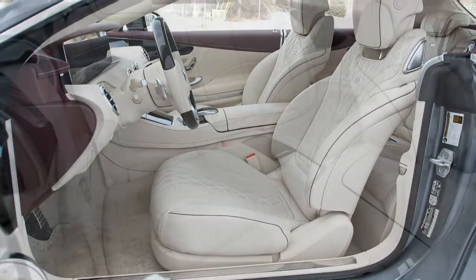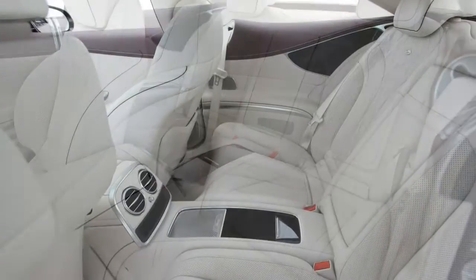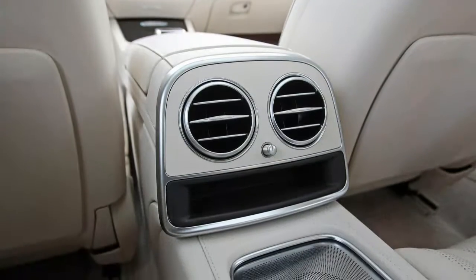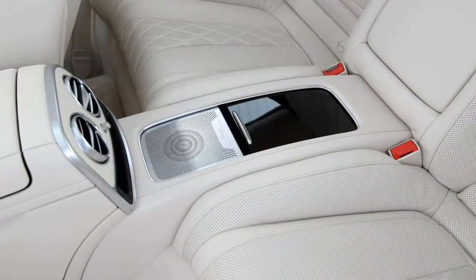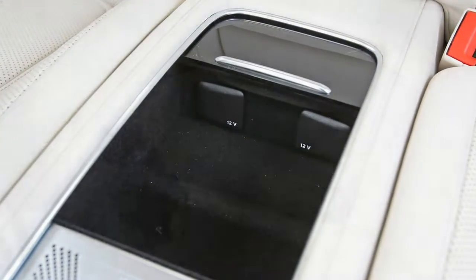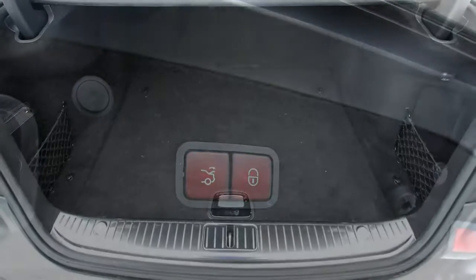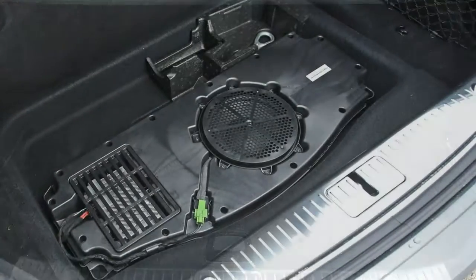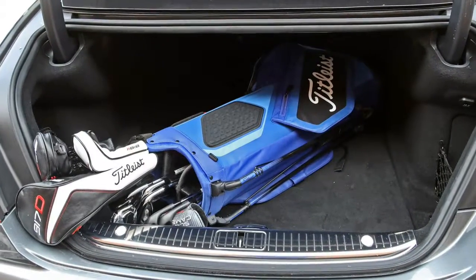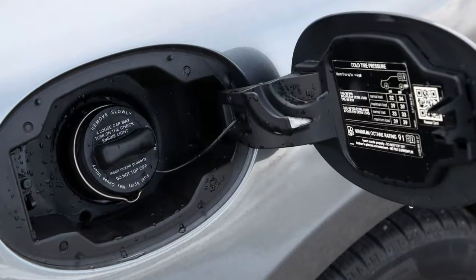Although one can take an S560 coupe home for as little as $125,495, that'd be a bit like springing for a suite at the Plaza and not ordering room service. Our test vehicle indulged accordingly, arriving with a $3,250 porcelain and titian red designer interior scheme, $800 piano blackwood trim, a $6,400 Burmester 3D surround sound system, $1,750 for Swarovski crystal headlamp accents, a $2,260 night vision camera system, the $3,500 premium package with head-up display, surround view camera, active multi-contour front seats with massage,